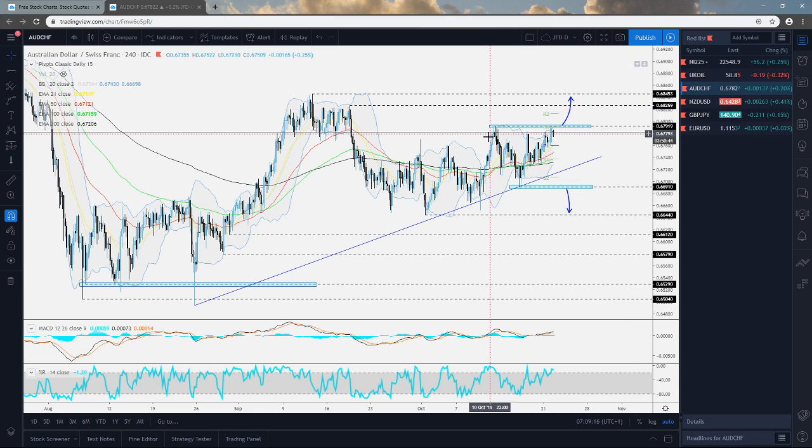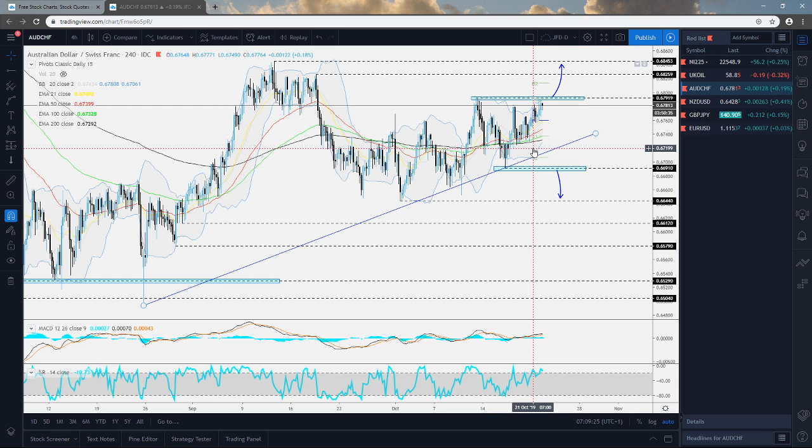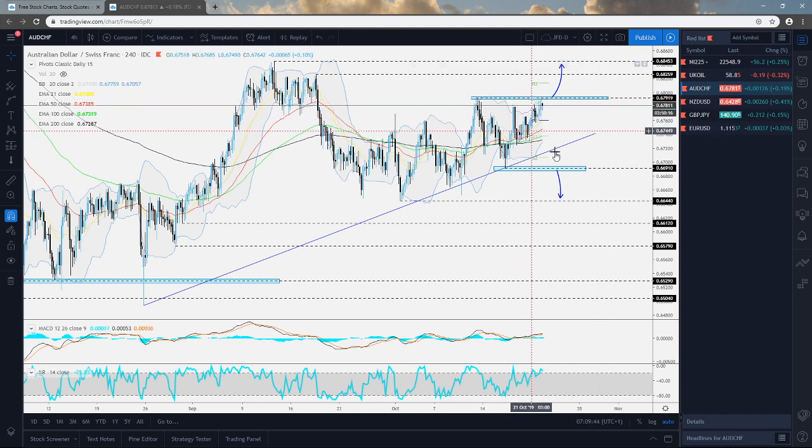Quite interesting developments happening here. But don't get me wrong, if it struggles to push above this, this could start declining. We could see maybe a move back down towards this upside support line taken from the low of the 25th of August. And of course, if we do see something like this, then we could be getting ourselves a nice ascending triangle formation here. But that's a bit too early to talk about. In order to consider such a pattern, we would need to see a move lower, a test of this upside line, and then a rebound and a push back to the upside. So for now, guys, this is just an idea. For now, keep your eyes on this